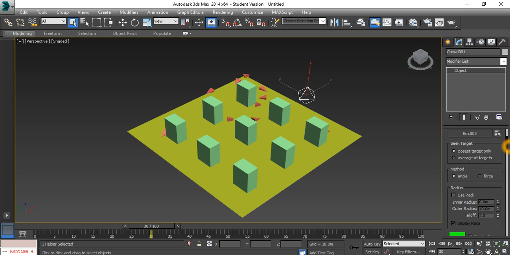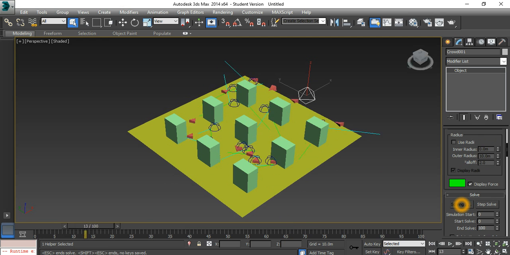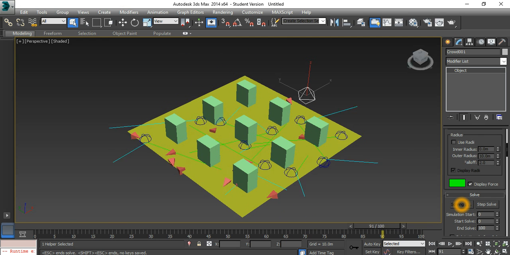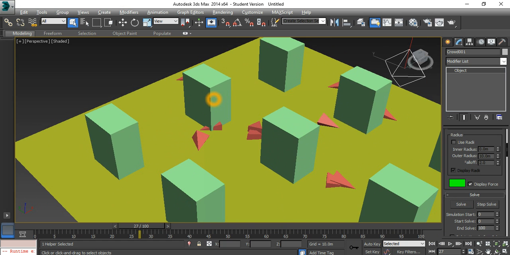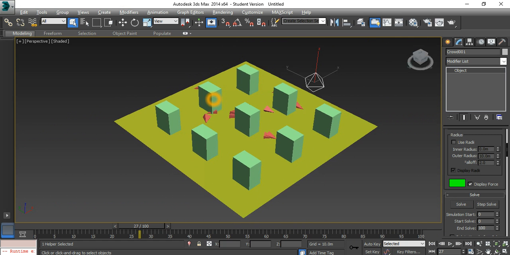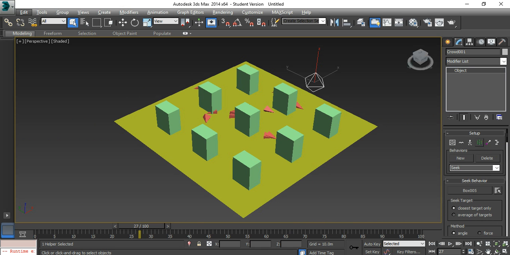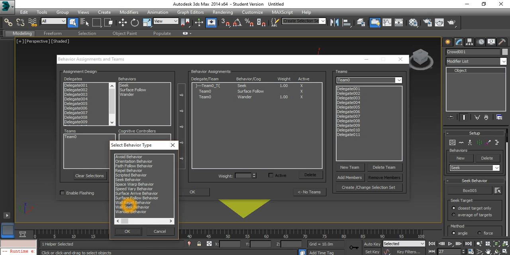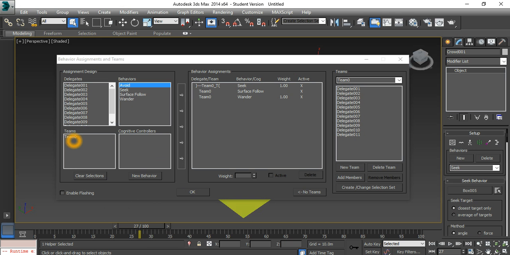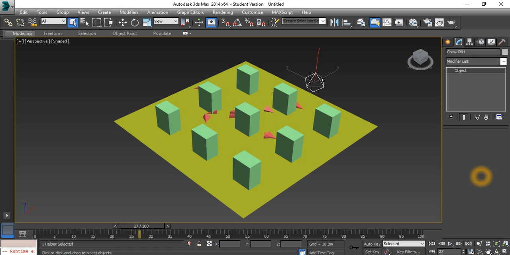and then I'm going to solve the motion, and then you see that they're seeking the box, they're coming towards it, but as you can see they're going through the outer buildings, which I don't want. So I'm going to have to give them a command to repel against it. So I'm going to give them the avoid behavior with the team and assign that, and go here into avoid,